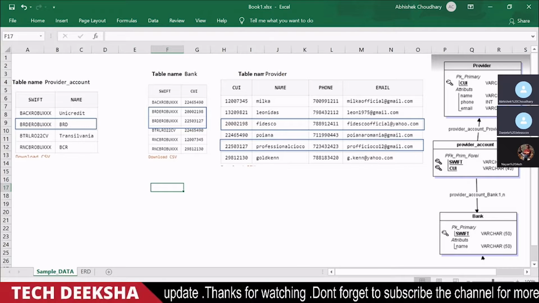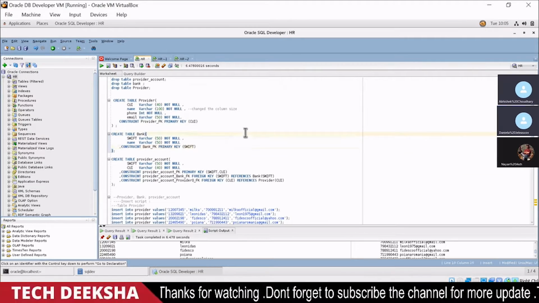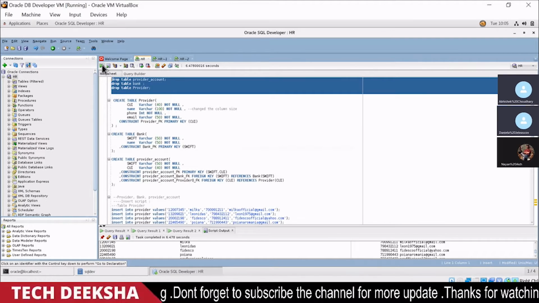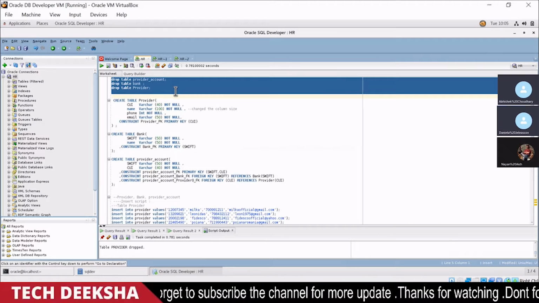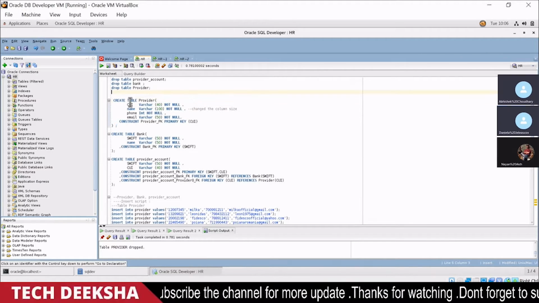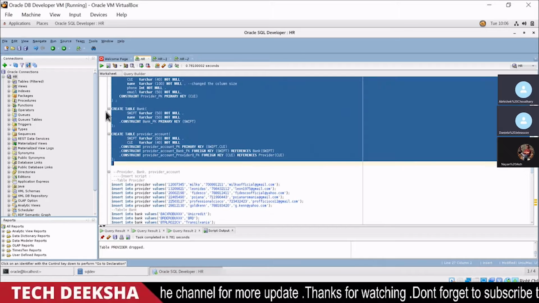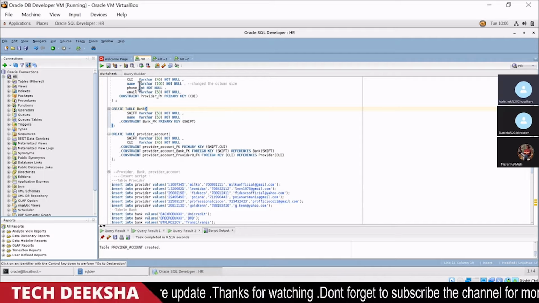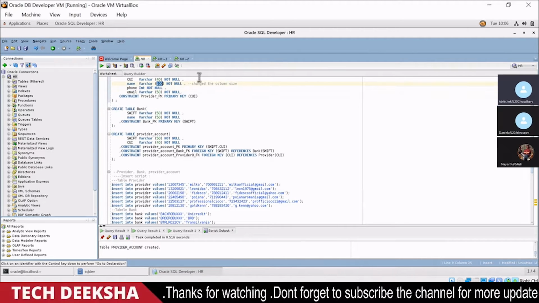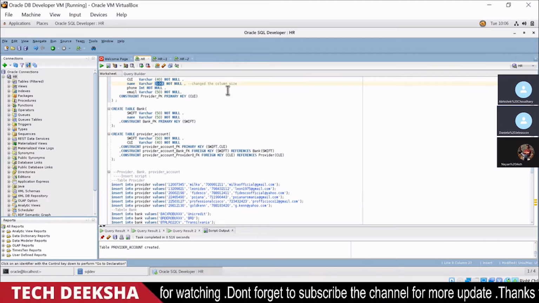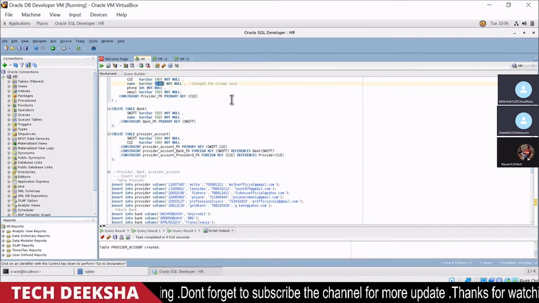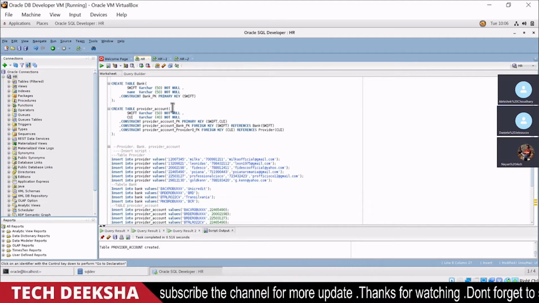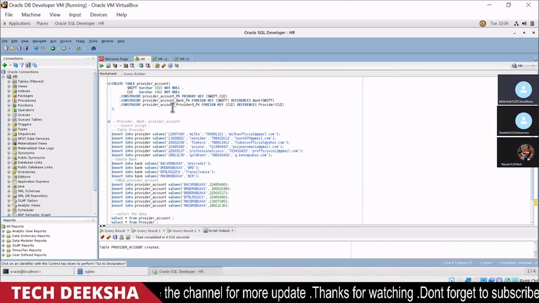So I have created sample tables, and let me execute the statement once again so that it will be clear to you. So I'm dropping it and creating these three tables first. Daniel, I just changed a few things in your table, like this column name, data length, and size of the column, because the data which you have provided me is a bit bigger in length. So I increased the length of this column. So the solution will remain the same, so no issue.